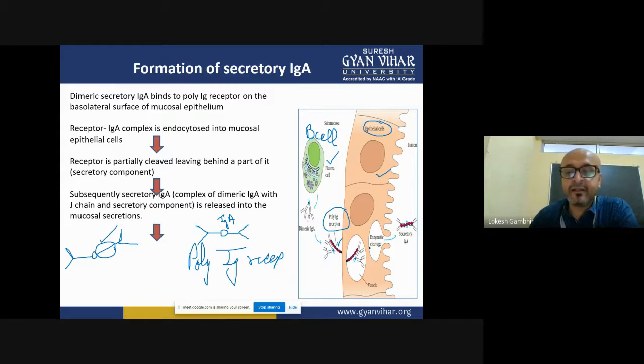Now when they bind, they go for endocytosis, they form a vacuole. Normal endocytosis process is there. This endocytosis, after binding to the receptor, is called receptor mediated endocytosis. Now, once the endocytosis is done, an enzyme inside this vacuole will be activated and it will cleave off the receptor, and then the epithelial cells will be further secreting the active secretory immunoglobulin A